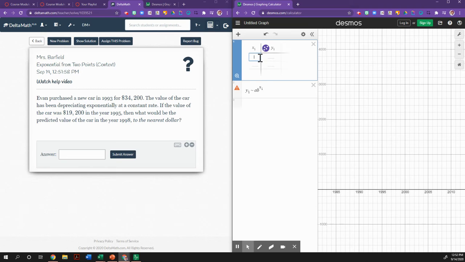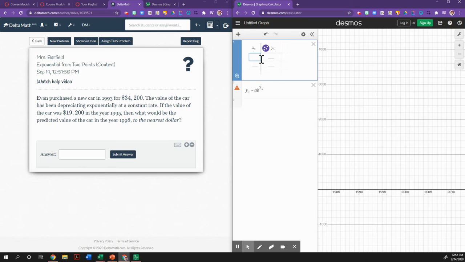It says Evan purchased a new car in 1993 for $34,200. The value of the car has been depreciating exponentially at a constant rate. If the value of the car was $19,200 in the year 1995, then what would be the predicted value of the car in 1998 to the nearest